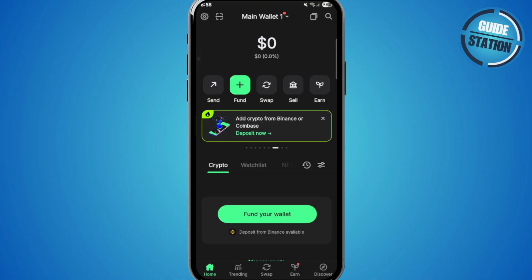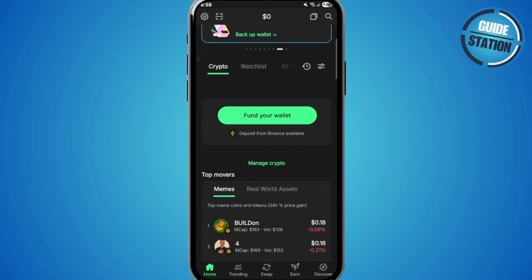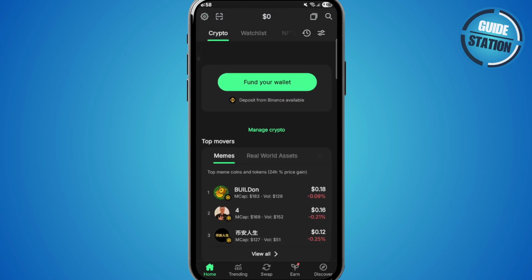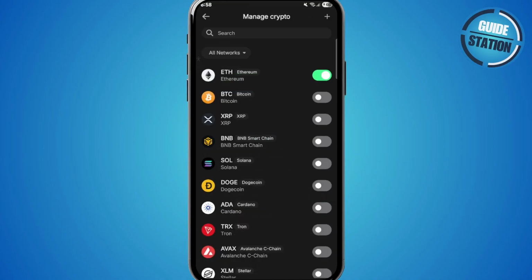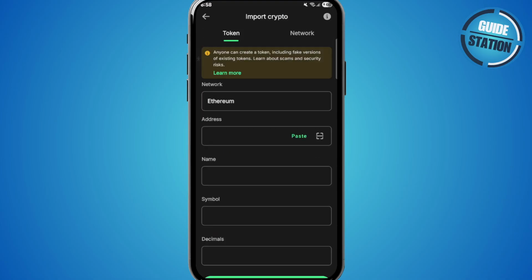First, you want to open your Trust Wallet app on your device, and you want to be on the home page. This one, the first page. And from here, you want to scroll down and click on Manage Crypto. Then you want to click the plus icon at the upper right corner of the screen, this one, and you